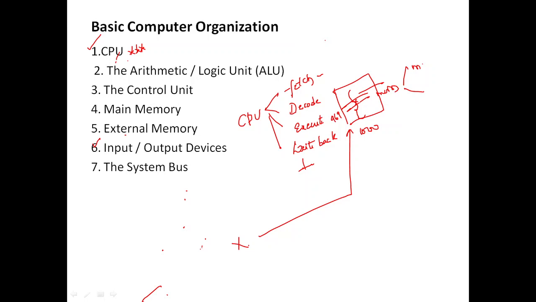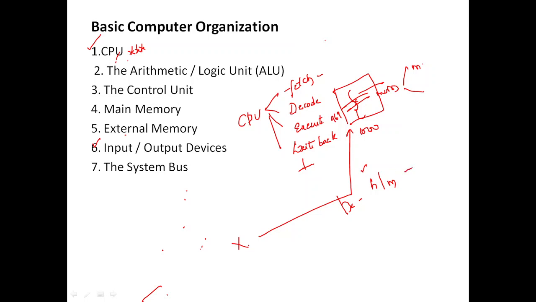Decoding is nothing but converting. I'll tell you all the things. Fine. Next one is the decoding of the instruction. When we decode the instruction, it is converted from high level language to machine level language, which is understandable by the computer. So decoding involves converting high level language to machine level language. Why? Because high level language is understandable only by human beings but not by the computer.